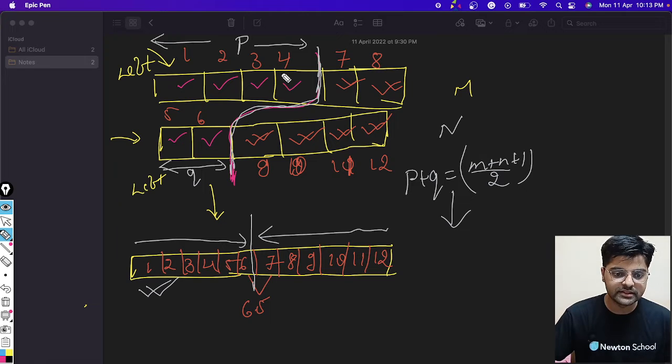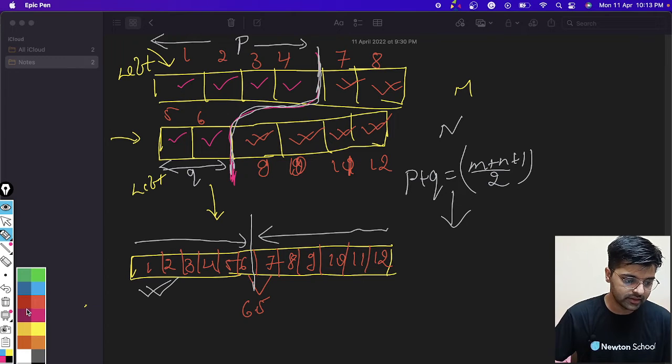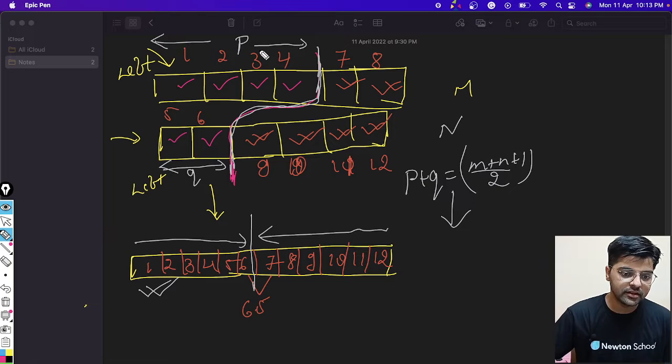Let's consider the total elements that come from the first array. So let's say the elements that had come from the first array, let's consider that is 3. Then we will have to move this boundary to this side, right? So there will be exactly 6 elements smaller than that, right?